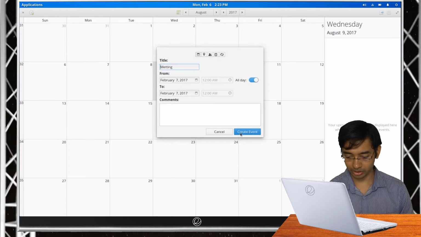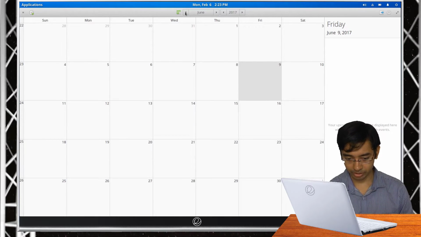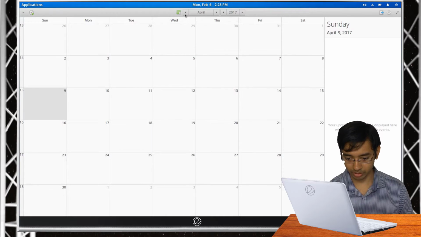After doing that, you can click on create event. That would create an event in our calendar. So let us check that out. There's also one thing I don't like about this calendar app, and that is the navigation. It doesn't allow us to quickly go to a particular month or year. We have to go one by one. So I think that could be a good UI improvement in a later version anyway.